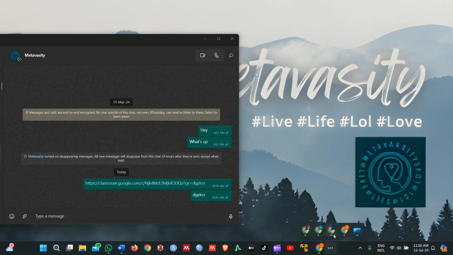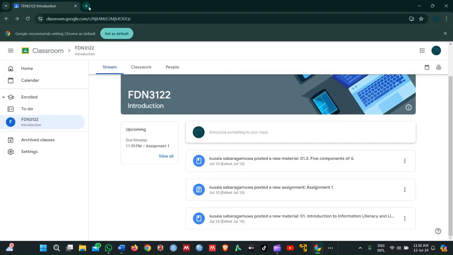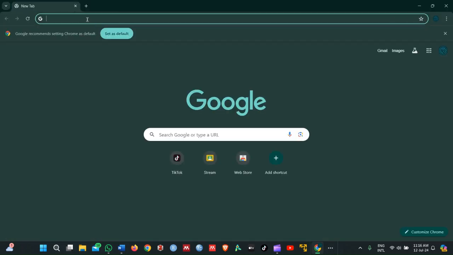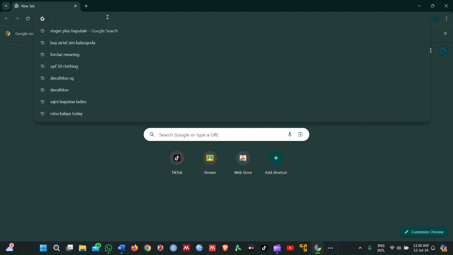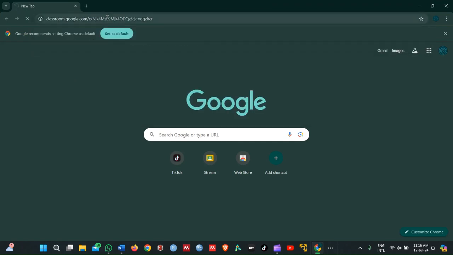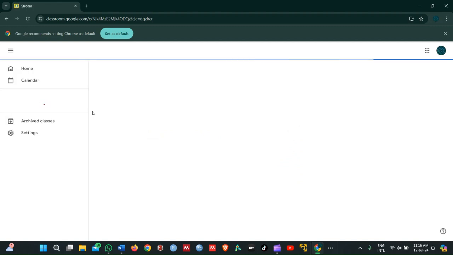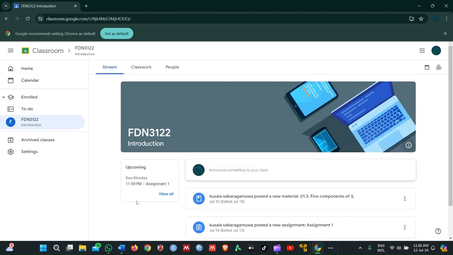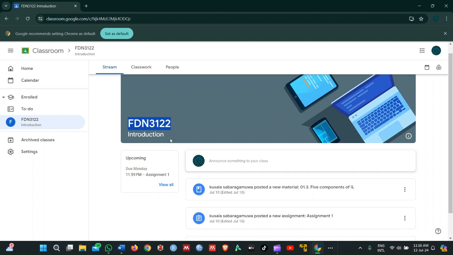your preferred Google account, paste the link and click enter. Then your class will be loaded, and at your first sight you will see your class code and any other information available,